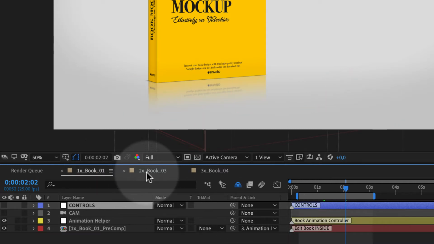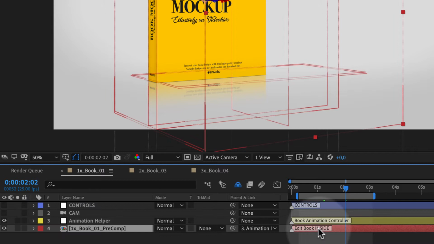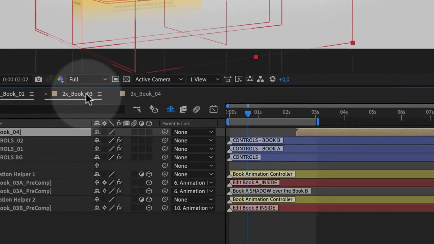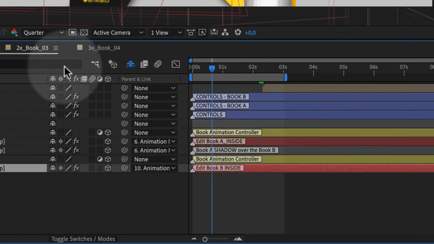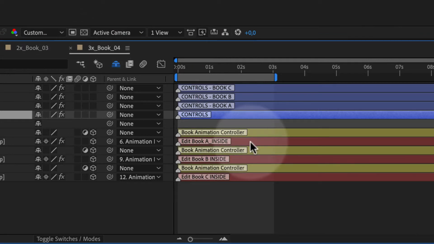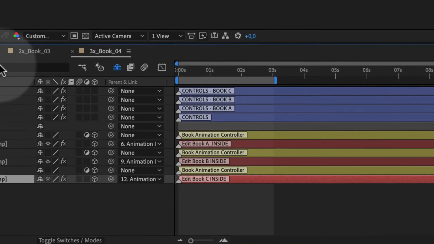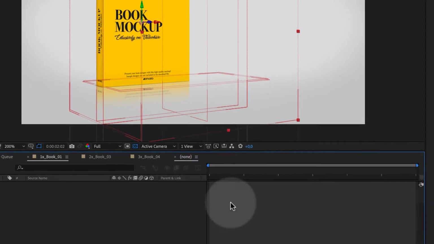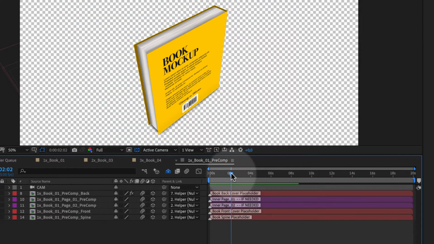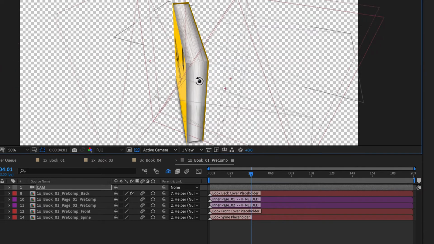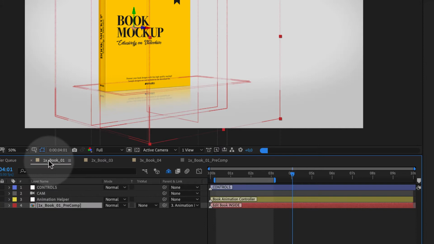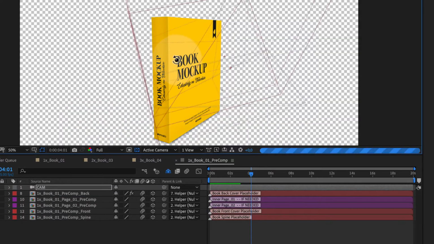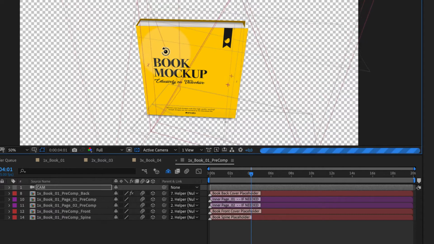So scenes are identical. In order to customize a book, you go to the red color layer, which is the one book here, or the book A and book B in case of two books, and in three books A, B and C. You go to the red color layer, double click in order to see what's inside. Here you have a camera which doesn't affect the main camera here. You can check the book in every angle in order to